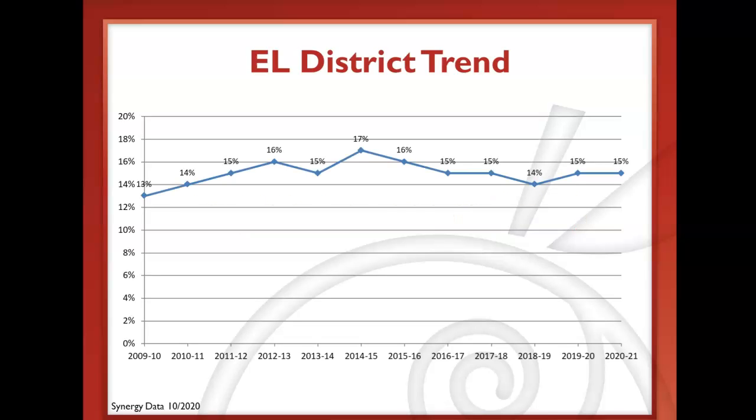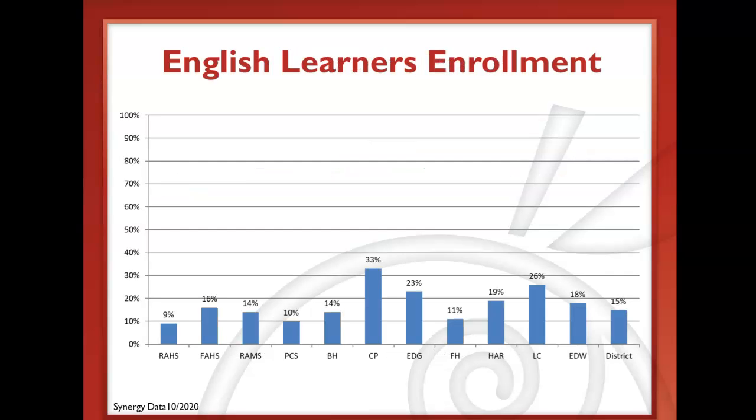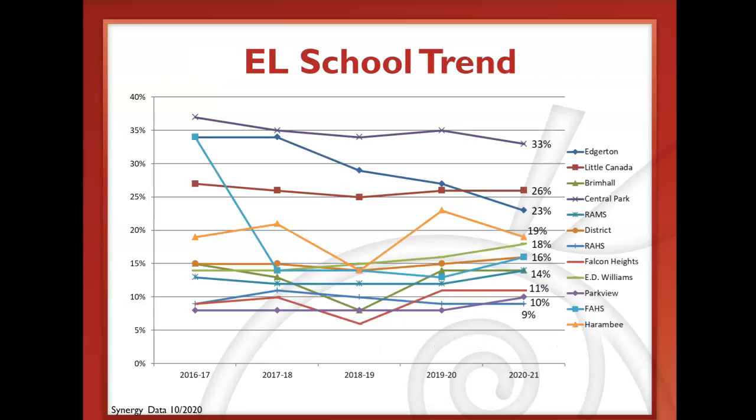So this slide provides a trend line of the percent of students who are English learners in our district. You can see that our English learner enrollment is holding steady over time. We are about at the same percent as we were over the past year. And we'll continue on. This is a look at our data for our English learners by building. And you can again see that great variability that we have at our different sites. So that 15% is obviously that average overall, but that variability is pretty large throughout our sites.